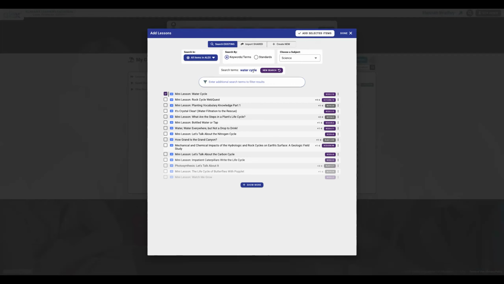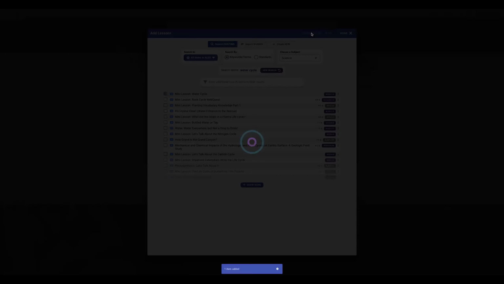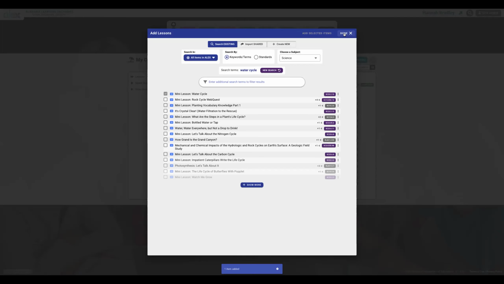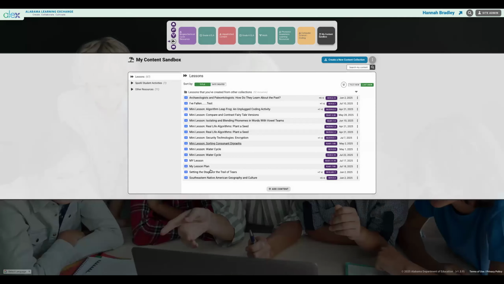So I typed in water cycle. I got this long list. I'm just selecting the first one just to demo this. I clicked the checkbox. I clicked Add Selected Items.